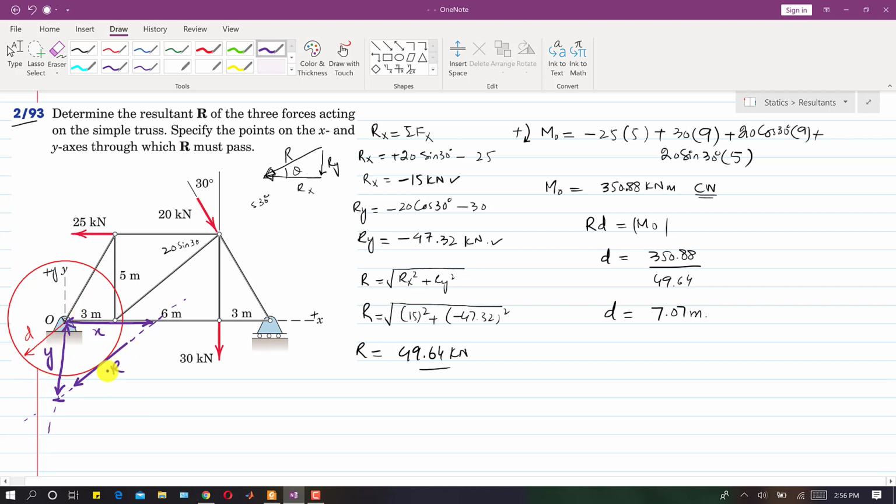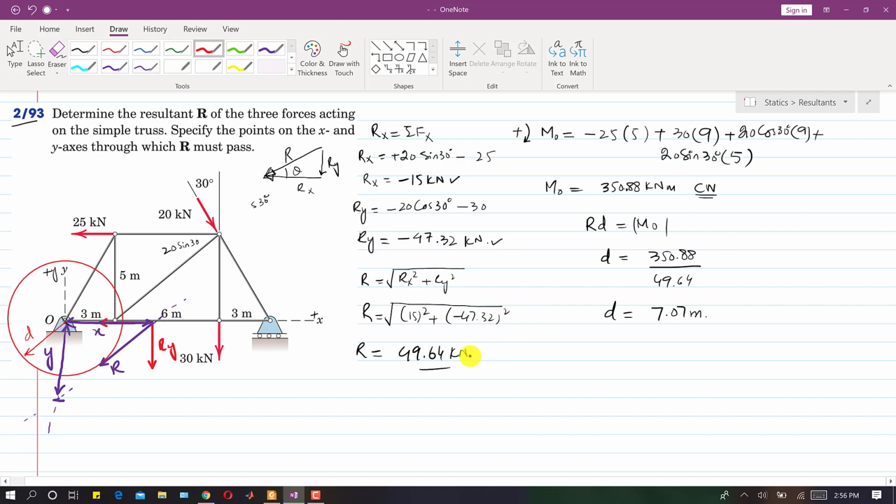Now if I move this force along its line of action, let's suppose I move this force to this point, so only the Ry component will be producing the moment about O, right? If I resolve this force into its components at this point, this will be the Ry component, and this one will be the Rx component, right? Only this Ry component is producing moment about O, since the Rx component is passing through point O, so that will not produce any moment.